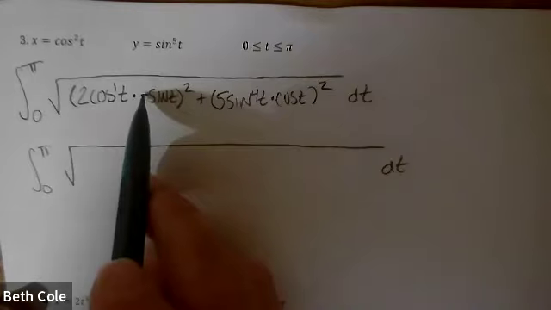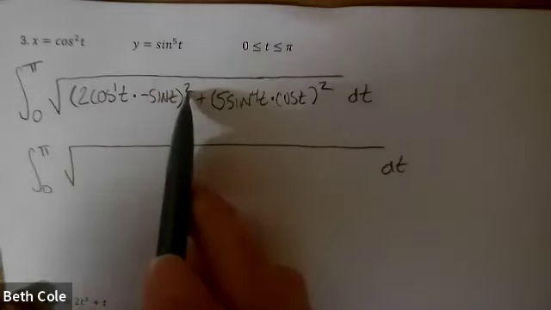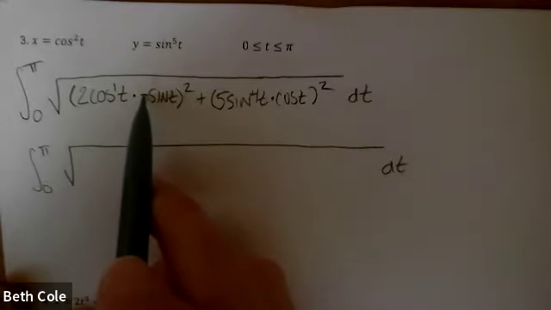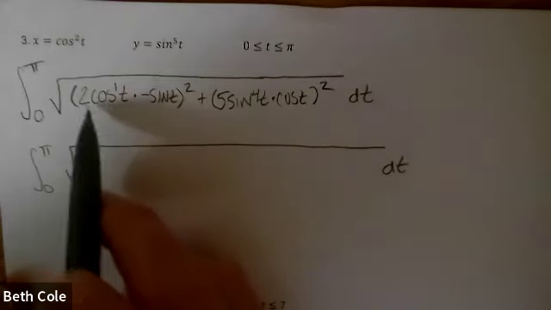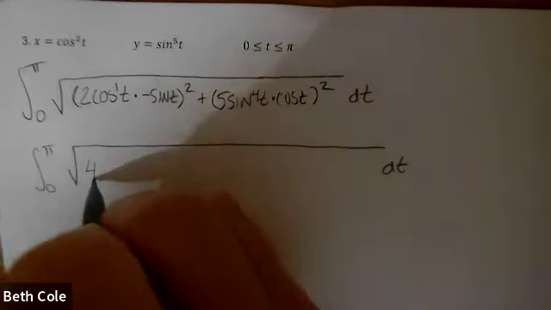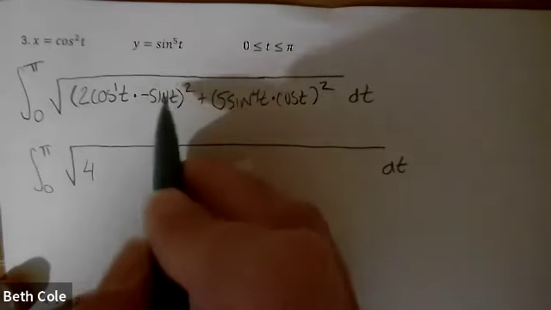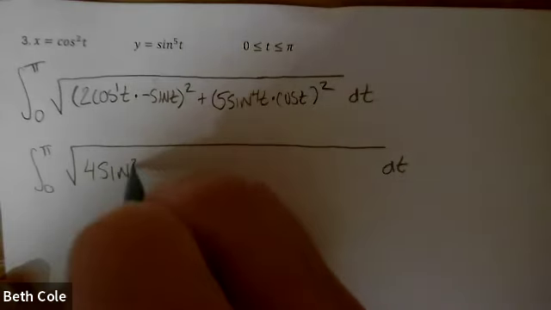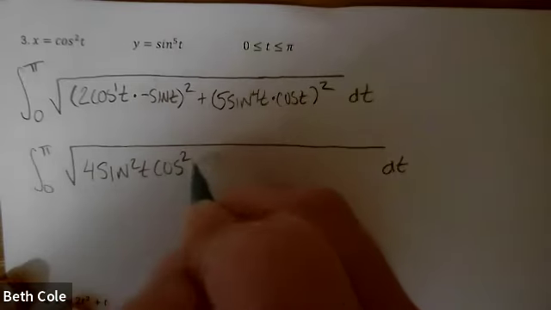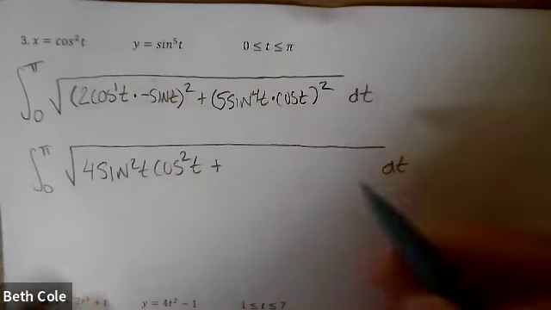So first of all, this term would be negative, but when we square it, it's going to turn positive. So I'm not going to worry about writing that. A negative times a negative will turn positive. I'm just going to square everything else in here. So 2 squared is 4. I'm betting in multiple choice, they will probably put the sine before the cosine. So I'm going to put sine squared of t, cosine squared of t, plus, and then we're going to do